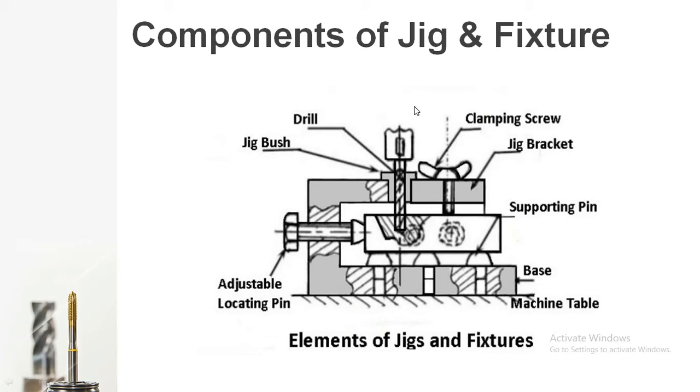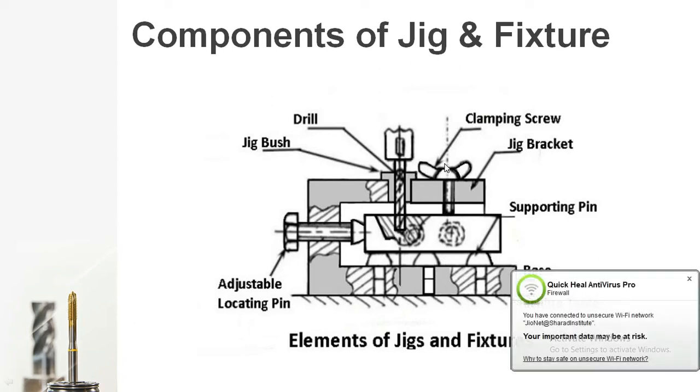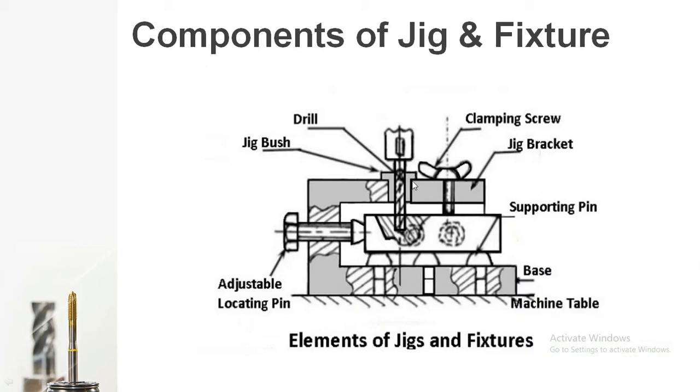So now these are the different components of a jig and fixture. Now what does a person convey from this figure? That a jig is used for guiding and supporting a tool to get accurate machining at a desired location, and a fixture is that device which is placed on a machine table, which consists of different locating pins, supporting pins, and clamping devices which will hold and restrict the degrees of freedom of the workpiece.